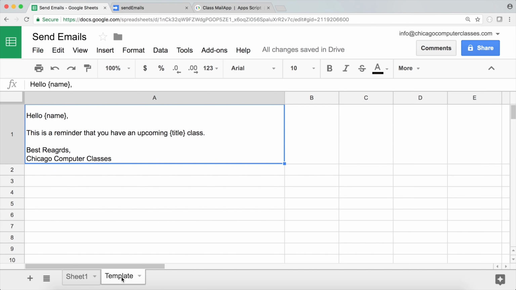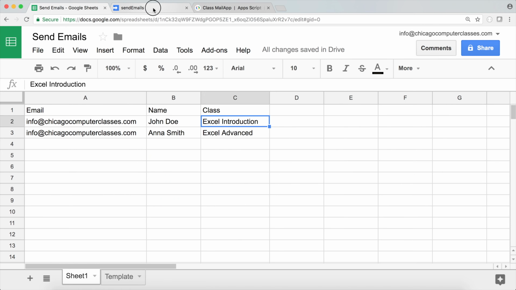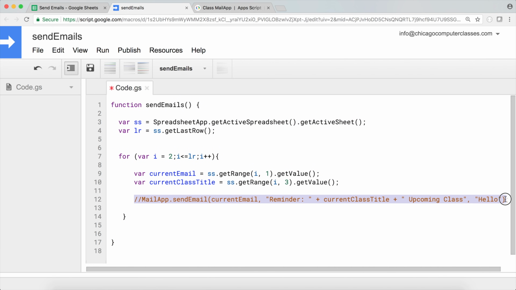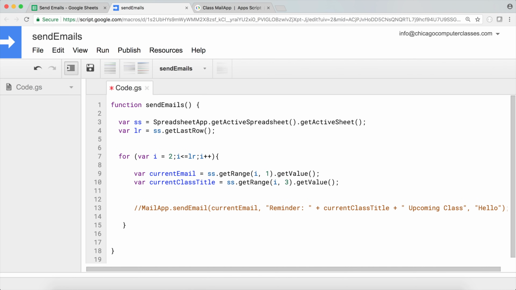So this is in our template tab, and that's our template. So I'm going to go back here. I'm going to go back to my script. So for now, I want to make sure I comment this line. So keep in mind that you have a mail limit, how many emails you can send from your app. And I believe it's the daily limit or whatever limit it is, but I don't remember. But you can actually check your limit, and maybe I'll get to it at some point. Right now, let's just make sure we finish the easy part, right? So I'm going to comment that out so I don't send out emails right now, so I don't use the quota,